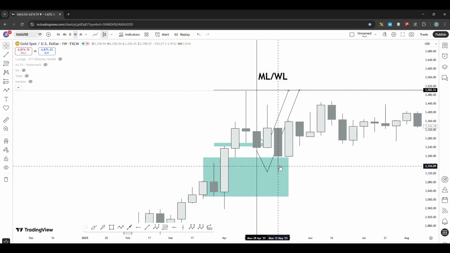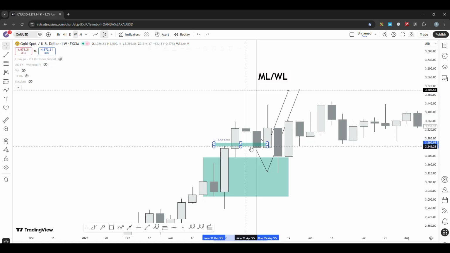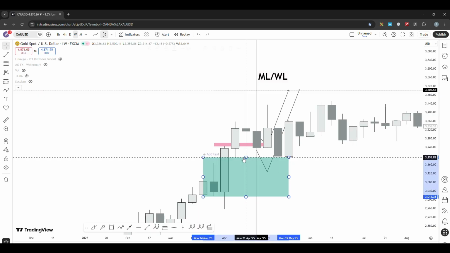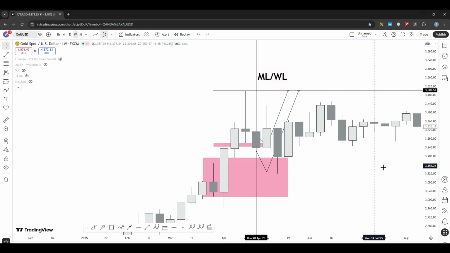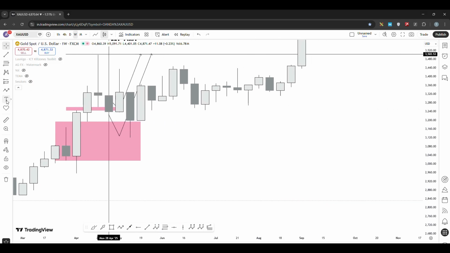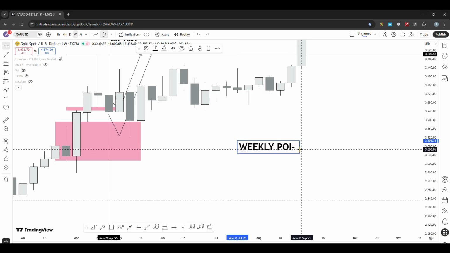Okay, so now talking about displacement, because I told you that market will come down, tap into your POI, and from here, what do you want to see? You want to see displacement. Now, what do I mean by displacement? Displacement basically means, now you have to understand the entry models. So let's say you get a weekly POI. I don't want to go too much today, but just to give you an understanding so that you get excited for the next classes. Whenever you see a weekly POI, you will use your entries or your confirmations,